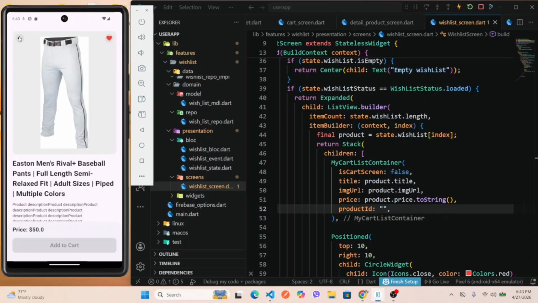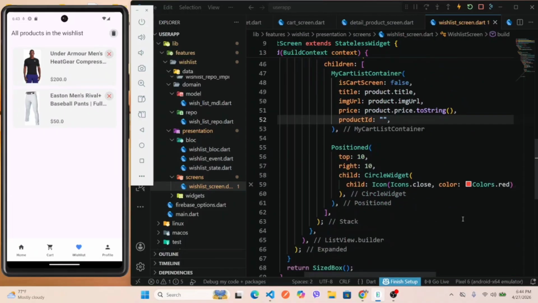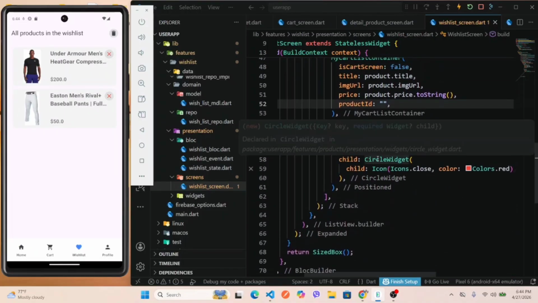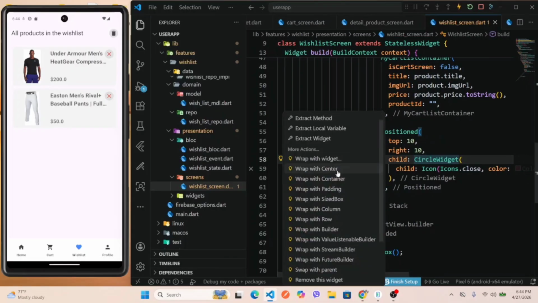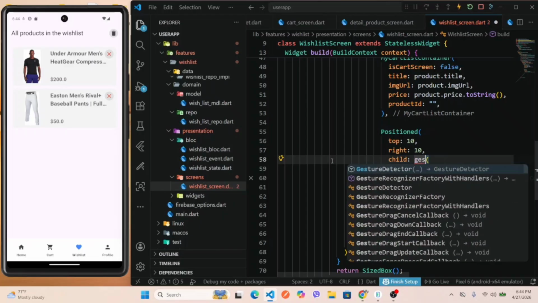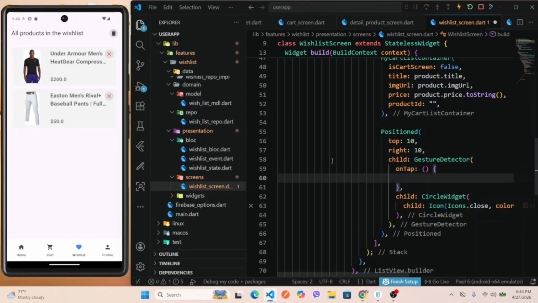Go back and let's see. You'll see another product. Okay, now we have this close icon. Let's delete this. Let's wrap this with the gesture detector and with the onTap function